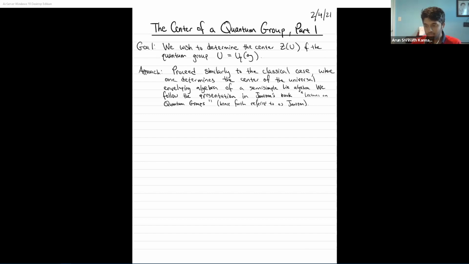And so one can determine the so-called Harish-Chandra homomorphism from the center into the Weyl group invariants of the symmetric algebra. And so for the quantum side of things, there's a similar statement. Our approach is going to be trying to mimic what happens in the classical case insofar as much as we can, but there are going to be stages where we need some modifications.